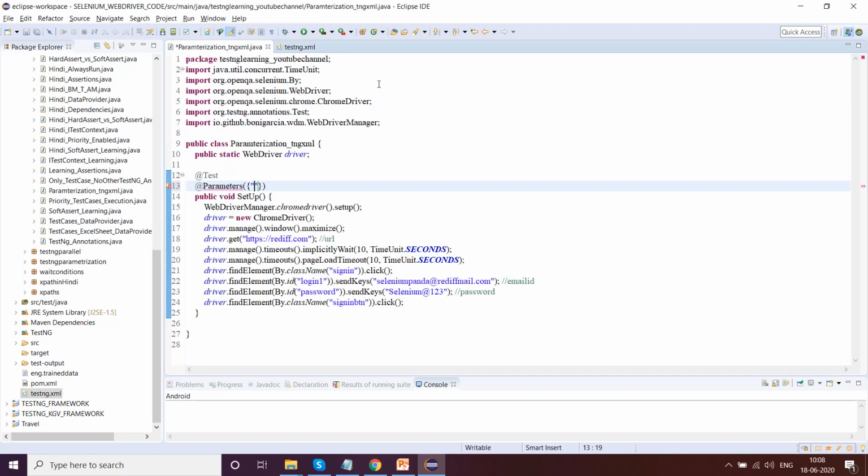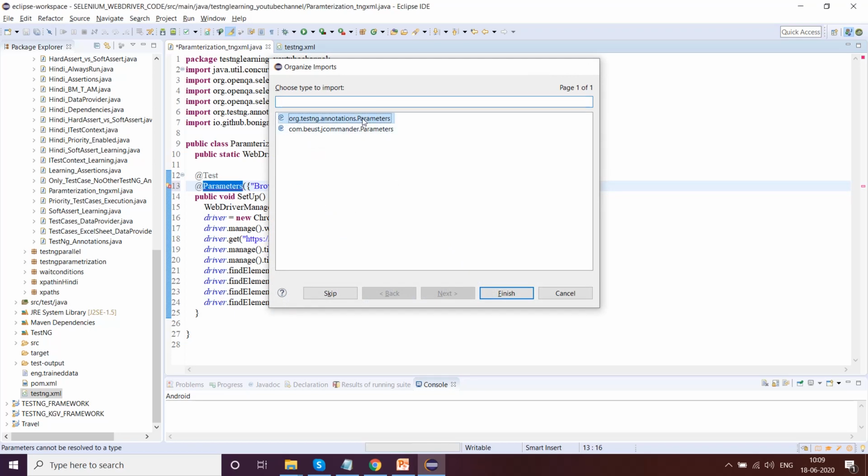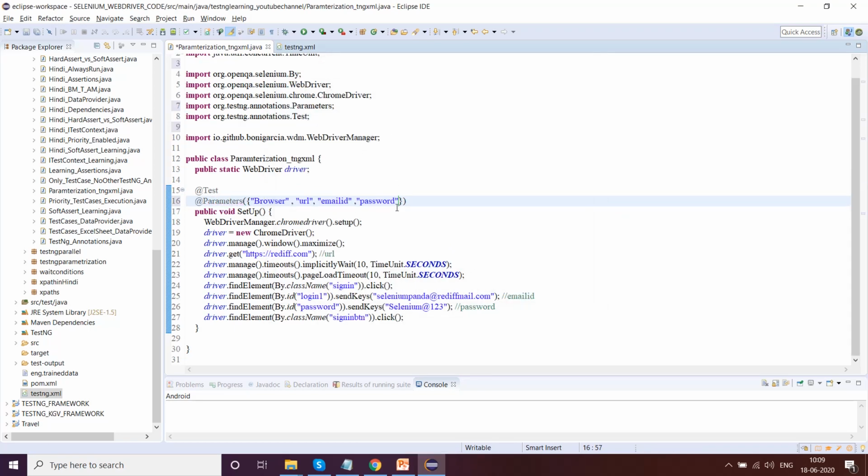So give them in string formats like this: browser, comma, URL, email ID, and then password. So I'm importing this. Now this thing is done.